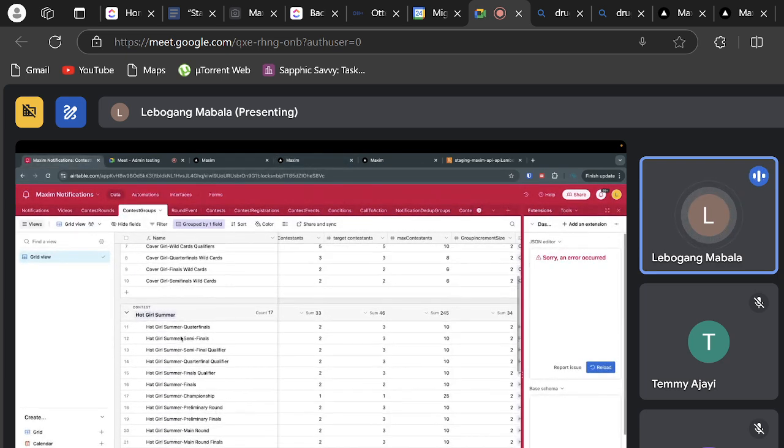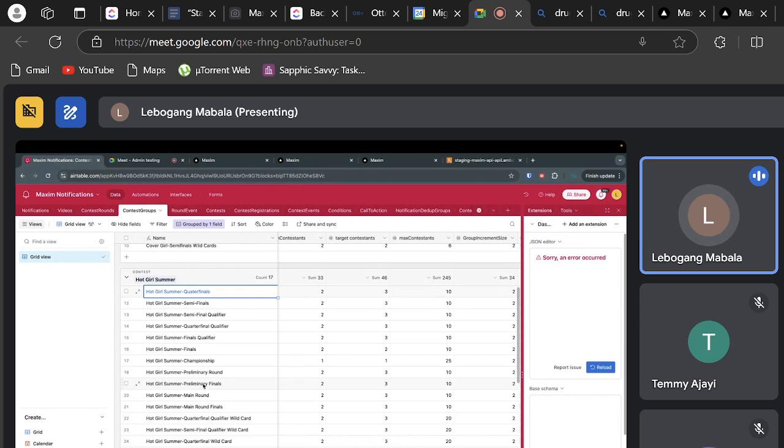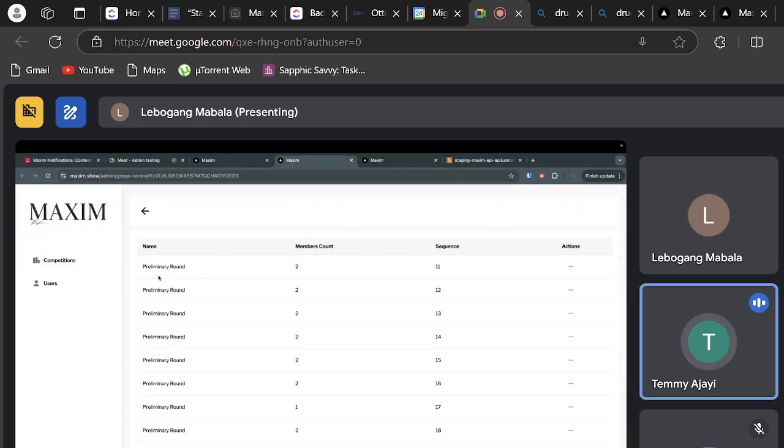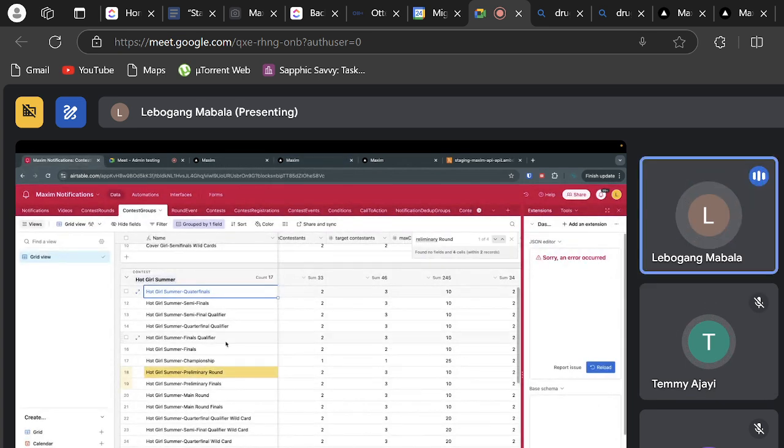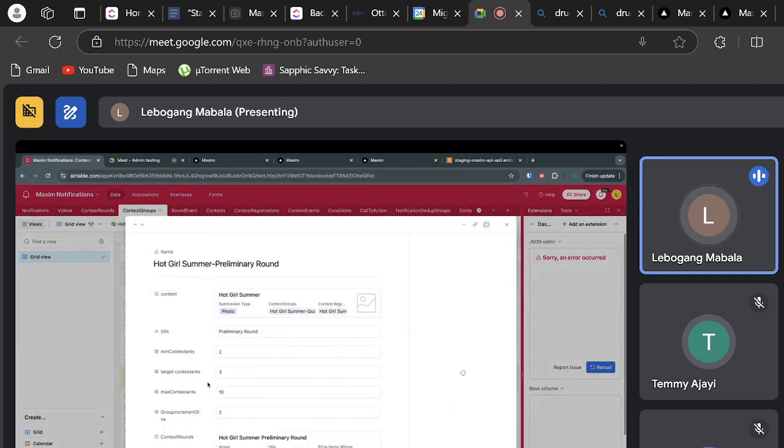If you look at the groups for Hot Girl Summer, we'll be looking at the preliminary. Which one was it? Yeah, preliminary round. And we find that the preliminary round for Hot Girl Summer is this one, and you would use this thing here. You see, it says group increment size.